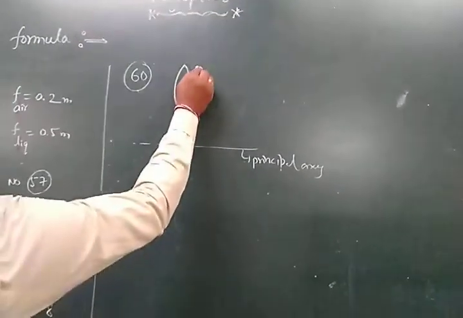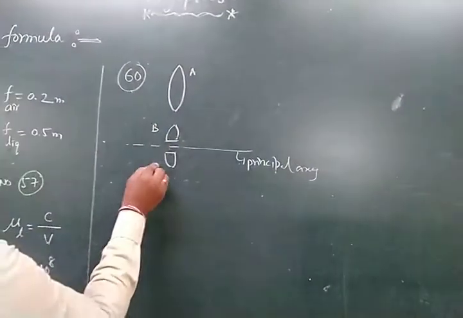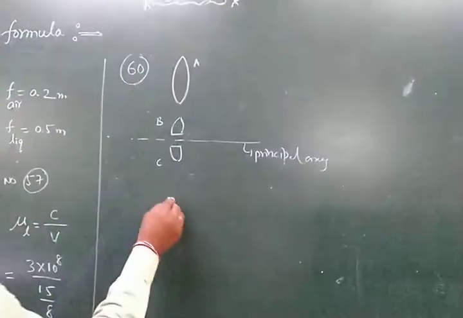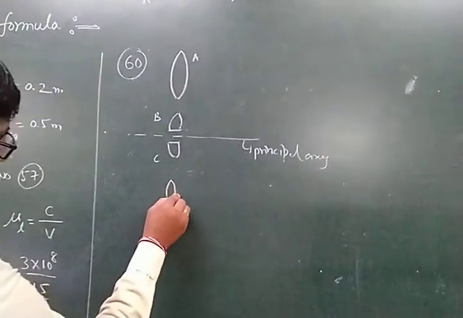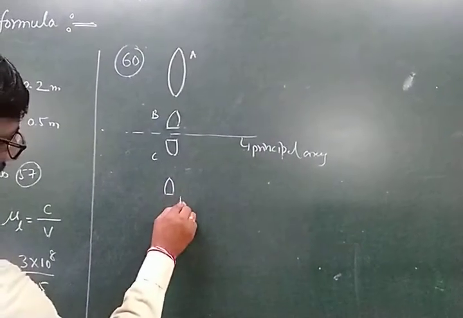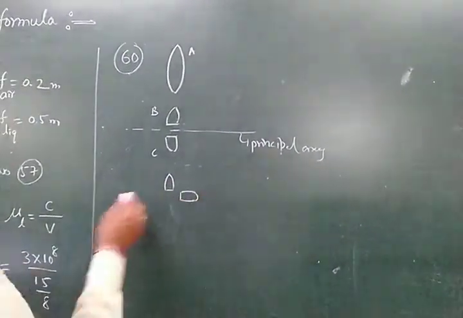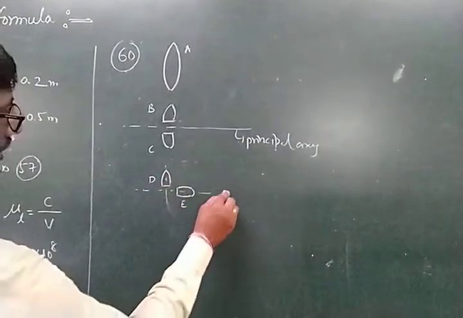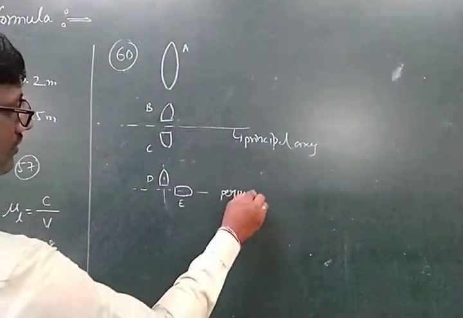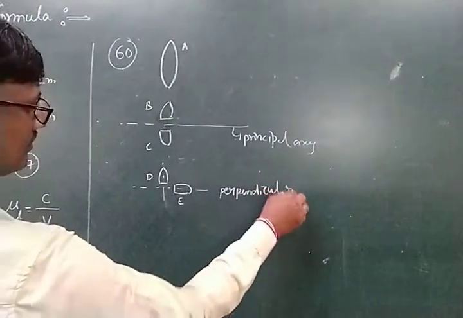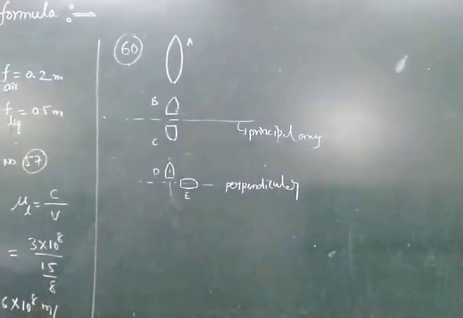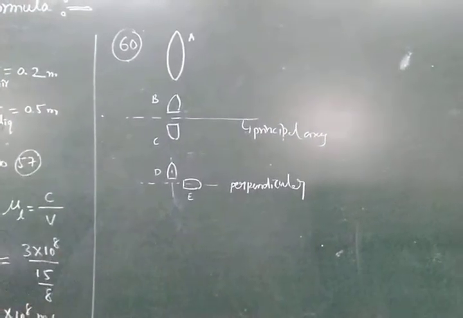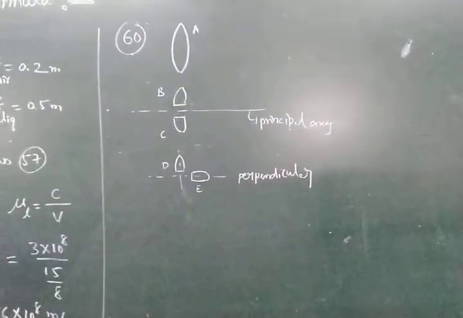See, this is A and this is B and this is C. After that, this is the first piece and this will be the second piece. This is considered D, and A and D are perpendicular to each other. Here they are perpendicular. The first cut is made parallel, and after that two pieces are made perpendicular to each other.